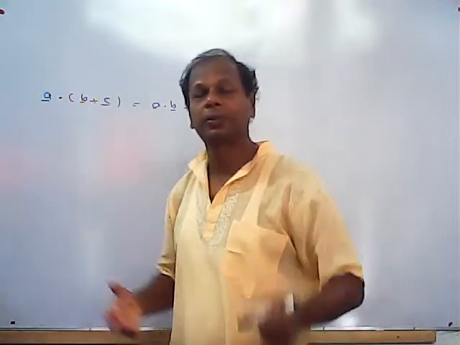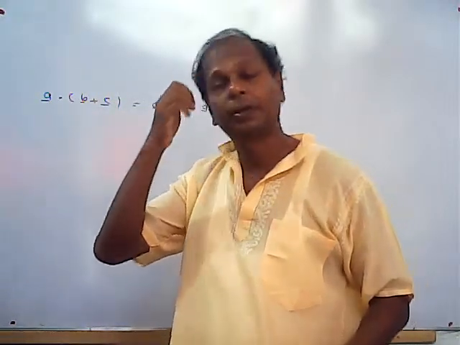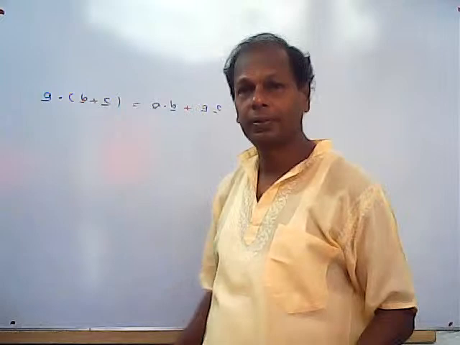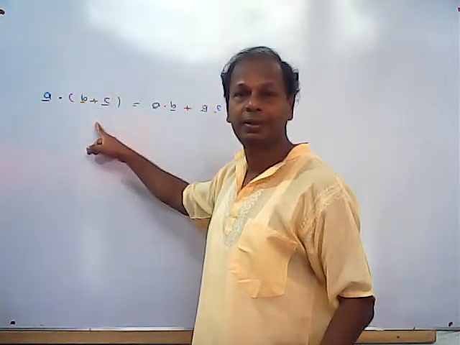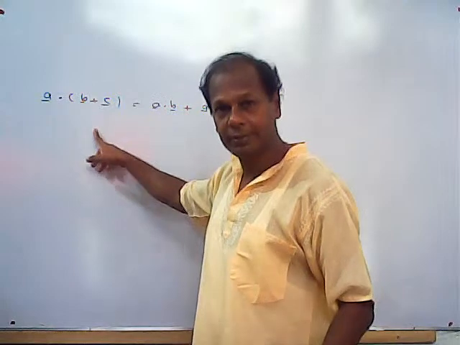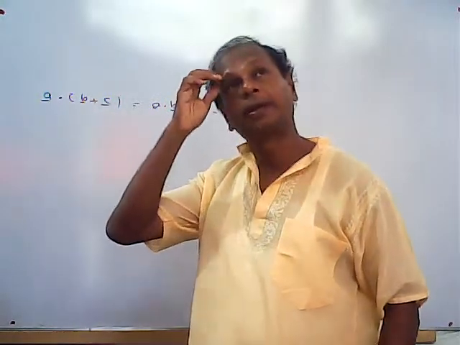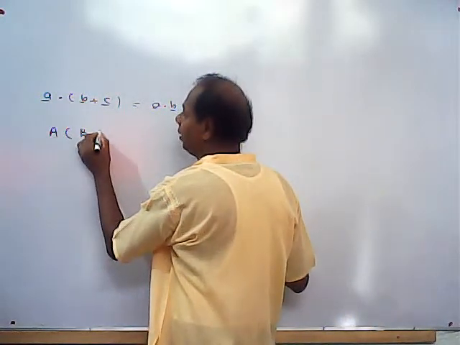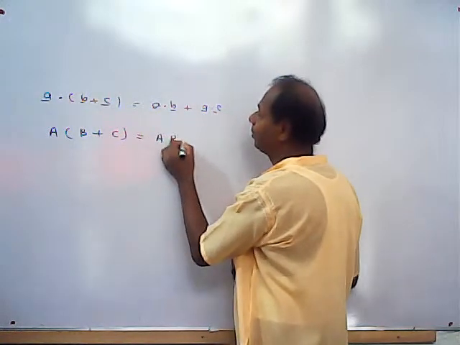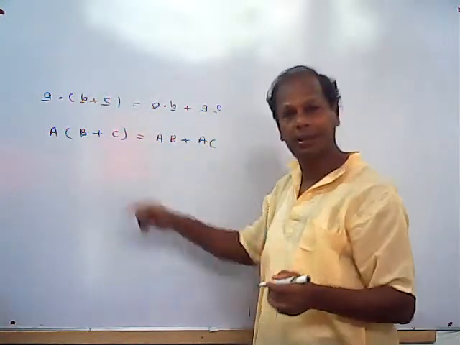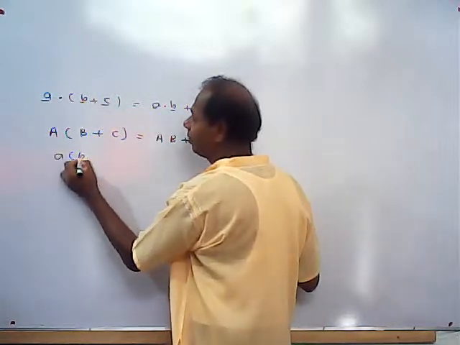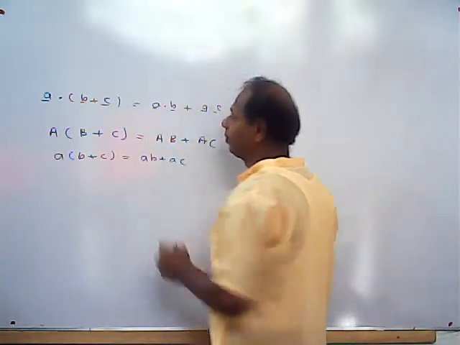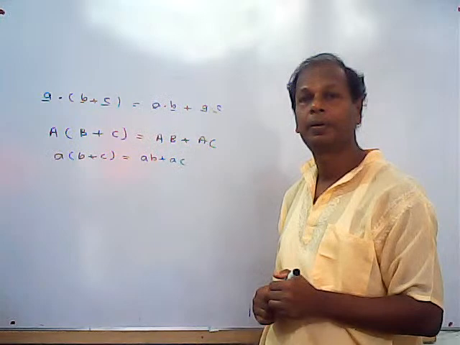That I mean the other rules, commutative law, the associative law, laws like that. For the moment, we'll take this. So this is how the distributive law appears in the vectors, right? Vector algebra, and in matrices, A into B plus C equals AB plus AC. In matrices, in real numbers also, it will appear the same form. A into B plus C equals AB plus AC. In Boolean algebra,